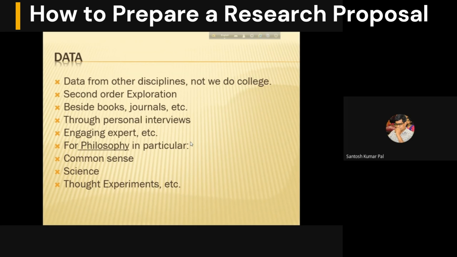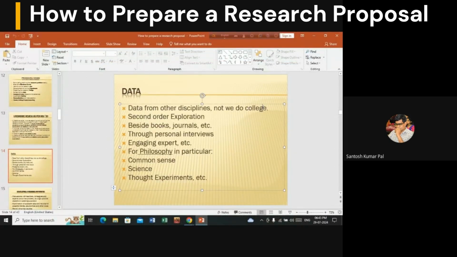আর ডেটা কোথা থেকে পাবো? ডেটা ফ্রম আদার ডিসিপ্লিন বললাম। আমরা নিজেরা কালেক্ট করি না, এটা কিন্তু খুব গুরুত্বপূর্ণ। আমরা যে ডেটাগুলো পাই সেকেন্ড অর্ডার এক্সপ্লোরেশন, যেগুলো আমরা অন্য জায়গা থেকে পাই: বুকস আছে, জার্নালস আছে, পার্সোনাল ইন্টারভিউ আছে, এনগেজিং এক্সপার্টস। তার মধ্য দিয়ে পেতে পারি, এবং ফিলোসফির ক্ষেত্রে যেটা কমন সেন্স, সায়েন্স যে ডেটা আমাদের সরবরাহ করে, এবং থট এক্সপেরিমেন্ট, এই ধরনের বিভিন্ন জায়গা থেকে আমাদের ডেটাগুলো কালেক্ট করতে হবে এবং তার ভিত্তিতে সিদ্ধান্তগুলো করতে হবে।